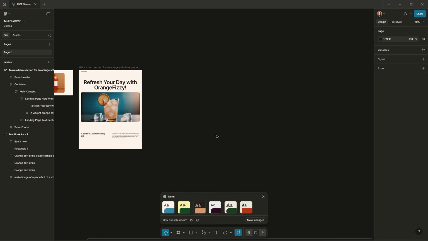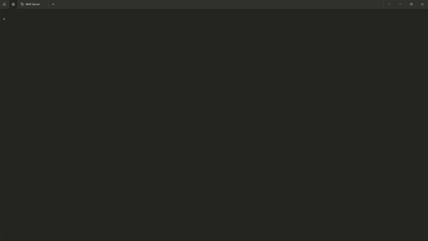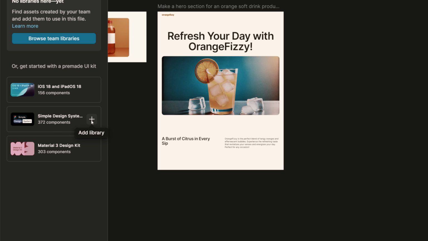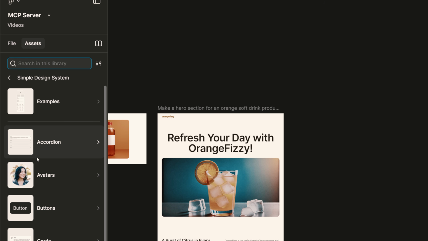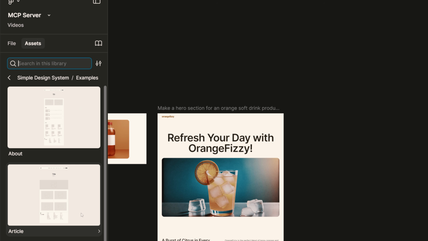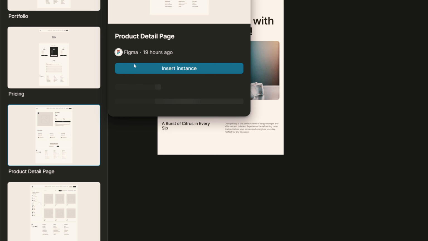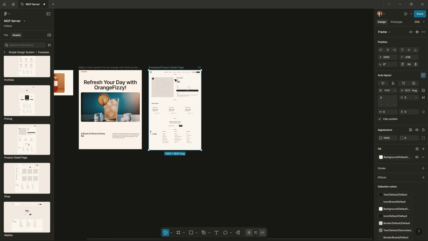For the third version, I'm going to use the libraries that we have here, for example the Material Design or maybe the design library of Figma itself. So I'm going to add this library from the assets section by clicking on the plus to my file, and then we have access to all the stuff that exists in that library. I'm not sure if we have a similar layout here as well. I guess yeah, this one is the best. I'm going to insert it to my page.